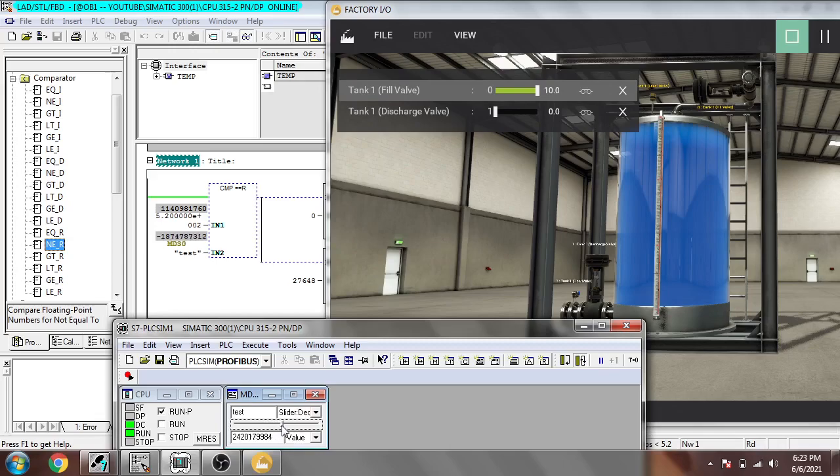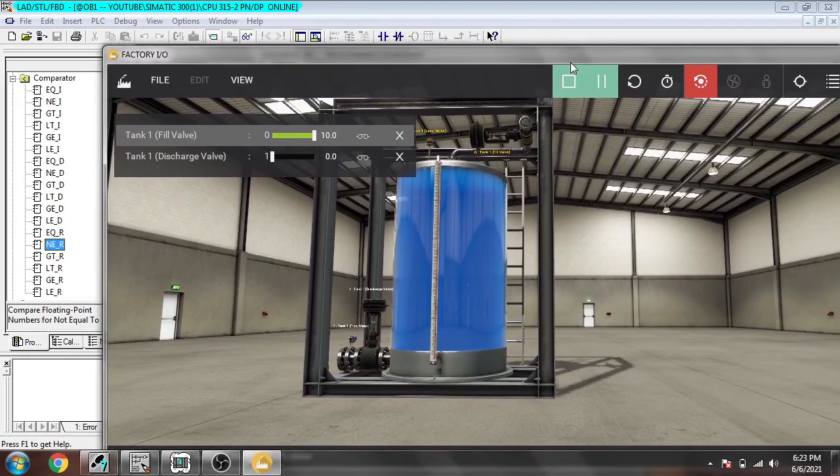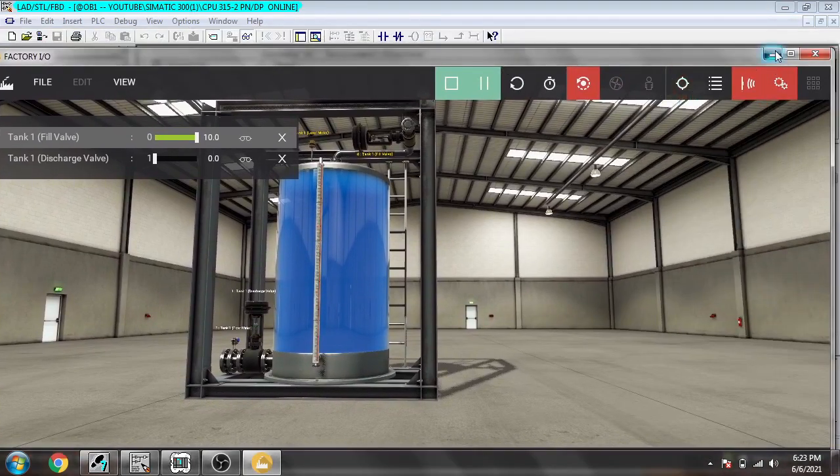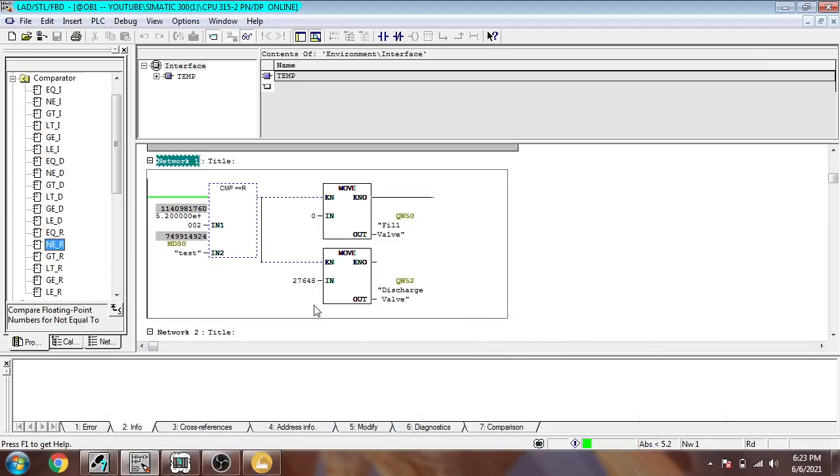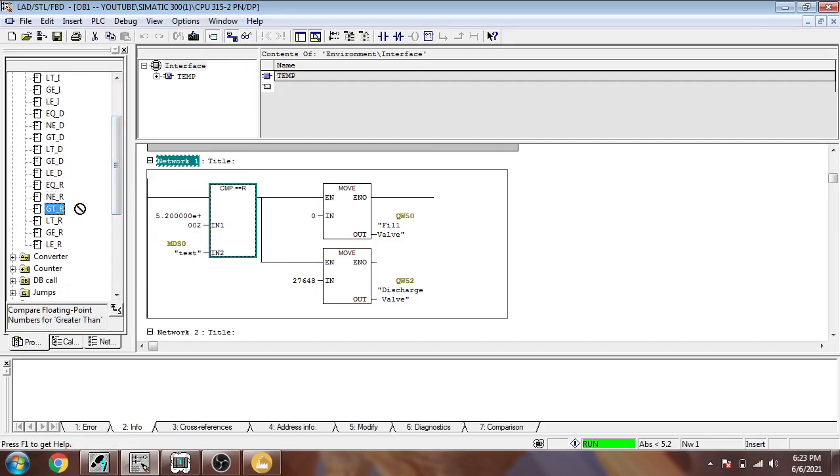So let's see. I think that's not going to work because it is real values and reals are different. It is not easy to use reals, but I am going to change that to the greater than